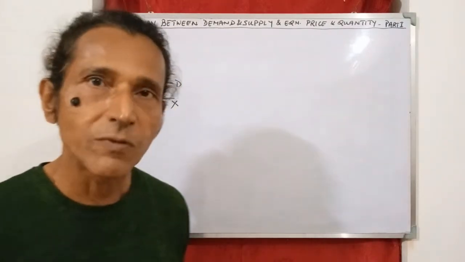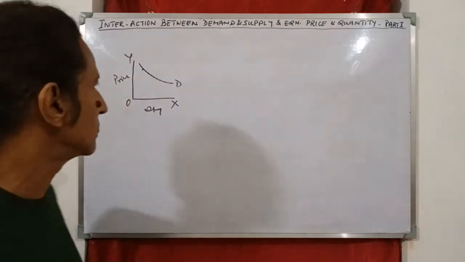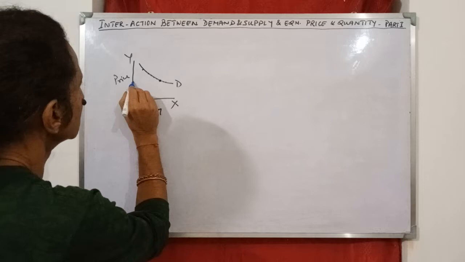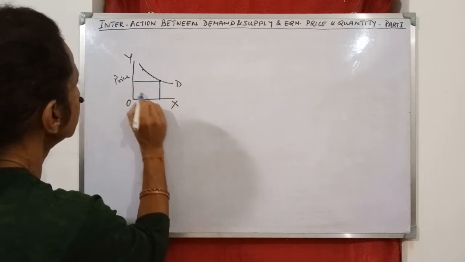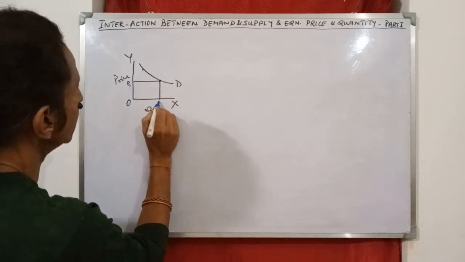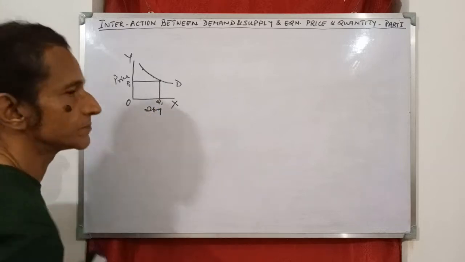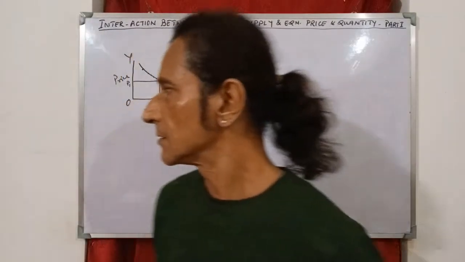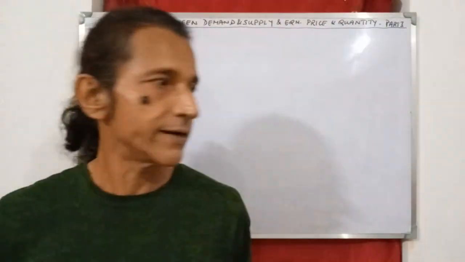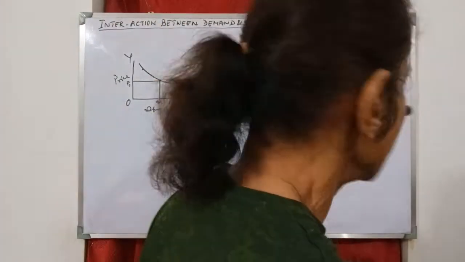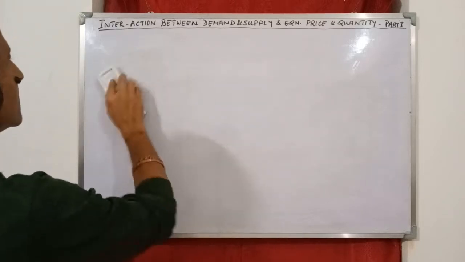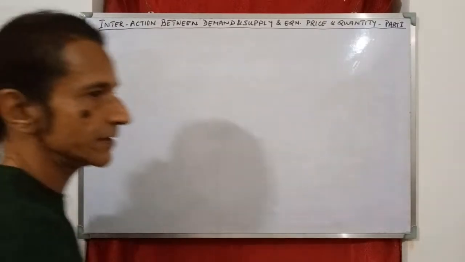And when we talk about quantity demanded, we talk about a particular quantity demanded, a particular point. That is, say at P1 price, quantity demanded is say T1. Correct? So let's get into interaction between demand and supply and how that interaction